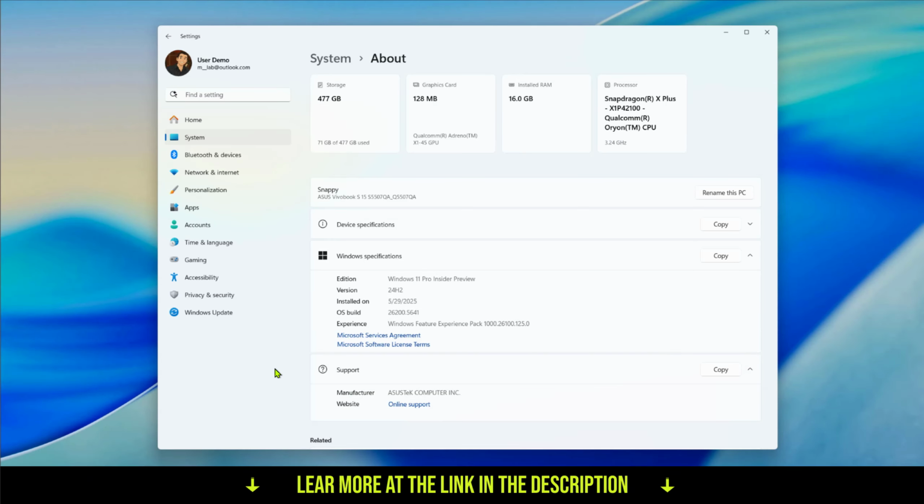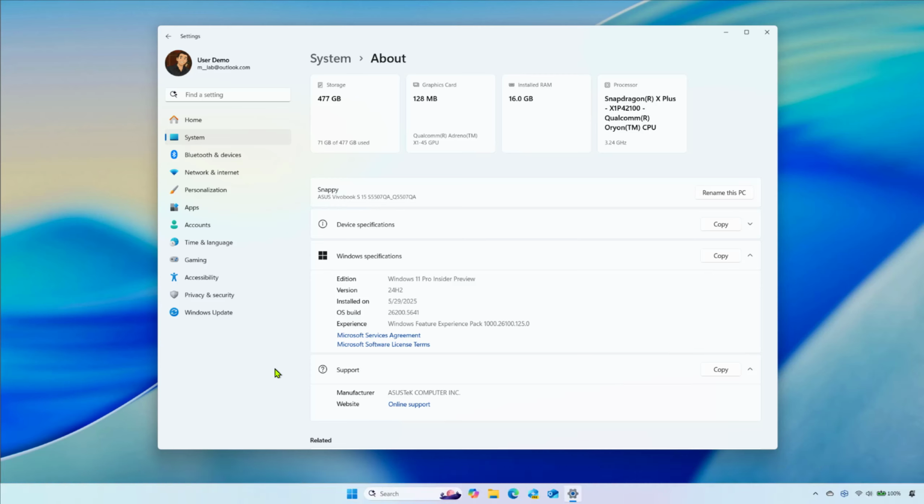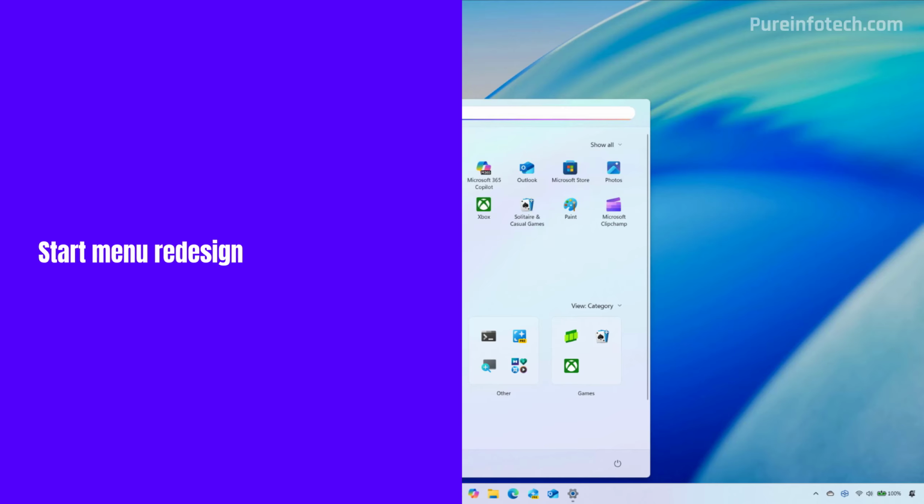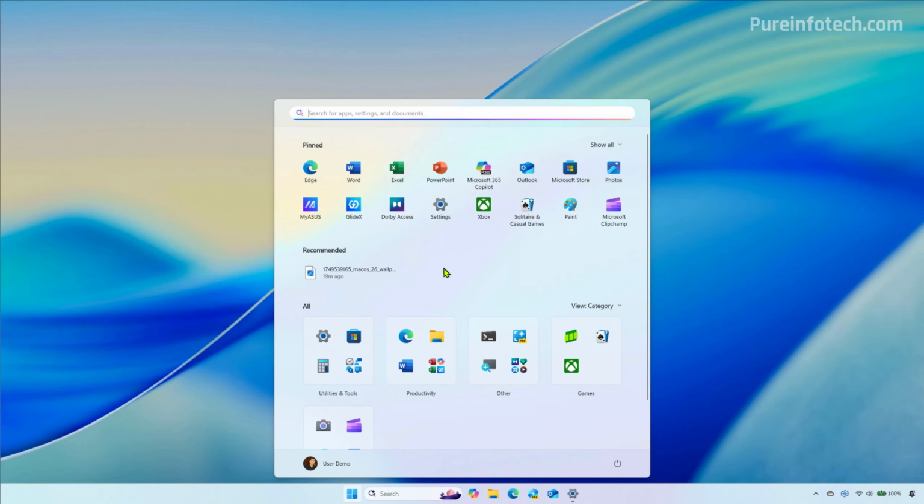Okay, let's look at the new features and changes rolling out on Windows 11 build 26200.5641 in the dev channel and build 26120.4250 in the beta channel, since both previews are identical. First, Microsoft is introducing the new Start menu design that combines the All menu with the pinned and recommended sections into